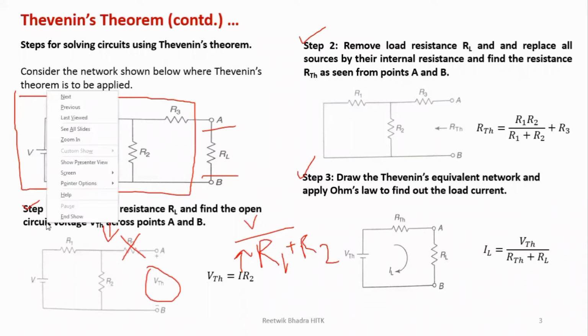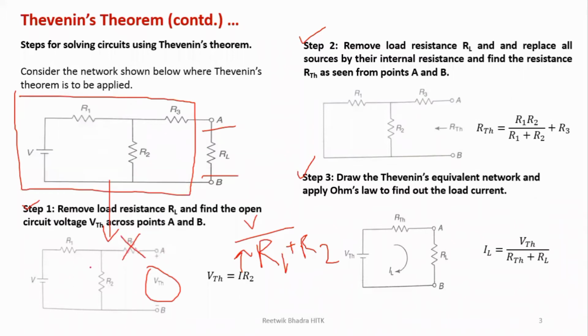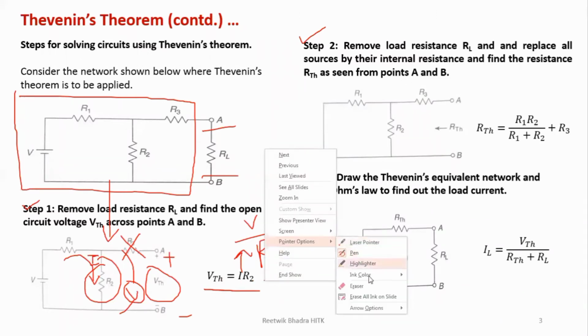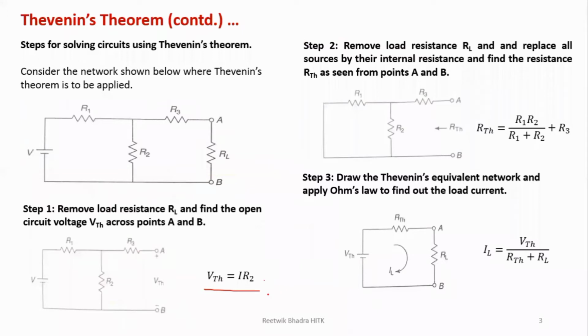Now, if you find the current through this, that is I, and I multiply I with R2, we'll obviously get this voltage VTH, because no current is flowing through this. R3 I have removed. So if I connect a voltmeter over here, what potential drop will it measure? It will measure the potential drop across your R2. So I into R2 will give you your VTH. But this is not a general formula for VTH. Remember, for each and every circuit, this formula will change. This is for this circuit, I have shown you the formula. For each and every circuit we'll see in the problem, it may change.